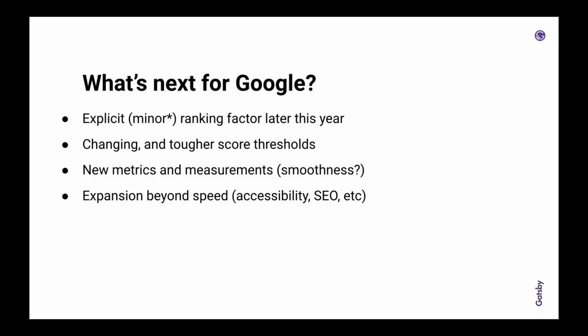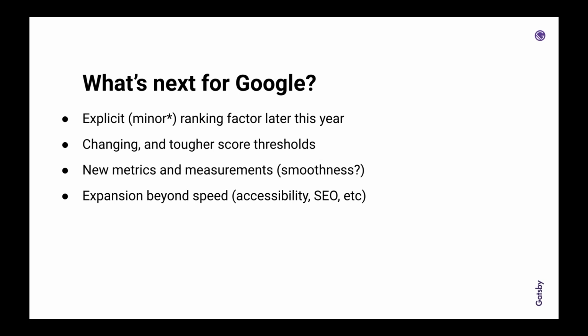Those last two, I could definitely see happening quickly. Accessibility is obviously becoming more and more at the forefront of how we're building the web, which is fantastic to see. And then I think smoothness is something that, with Gatsby for sure, is always there. I don't know how to quantify what is smooth, like clicking a button and seeing it instantly, but there's something there that I'm sure Google can figure out how to measure.